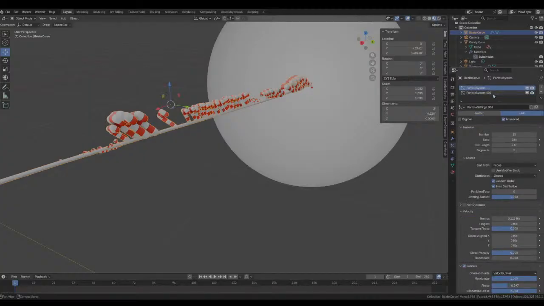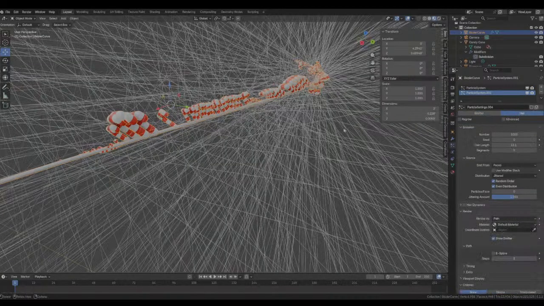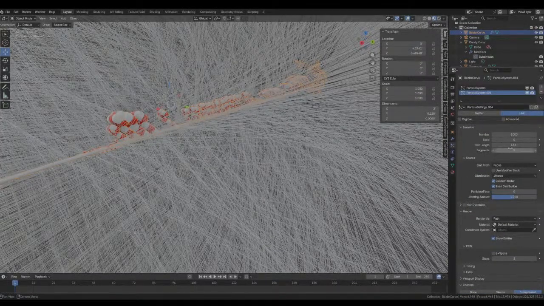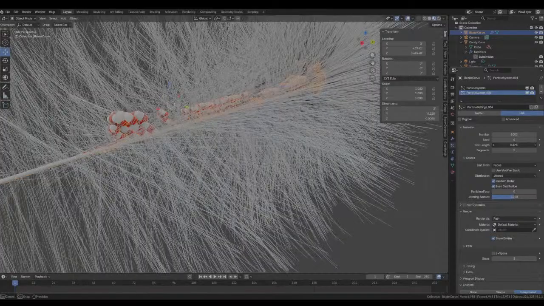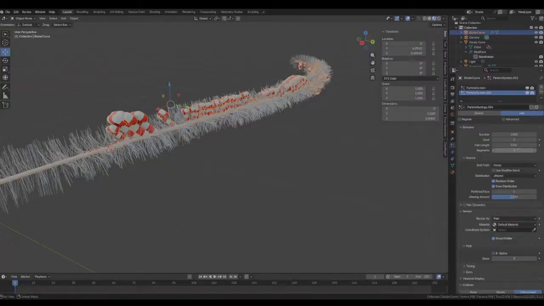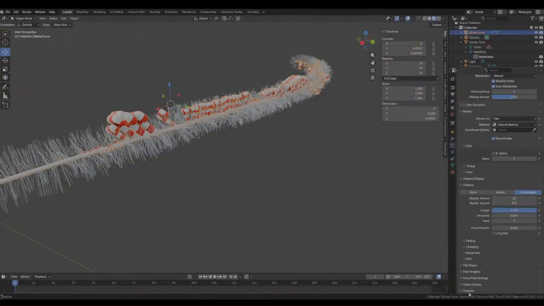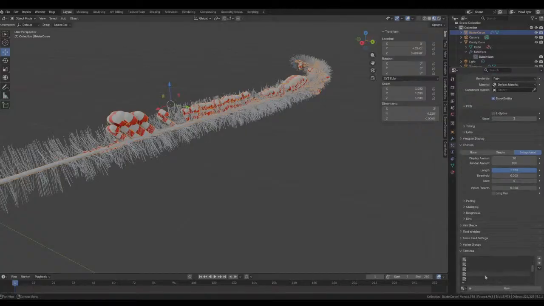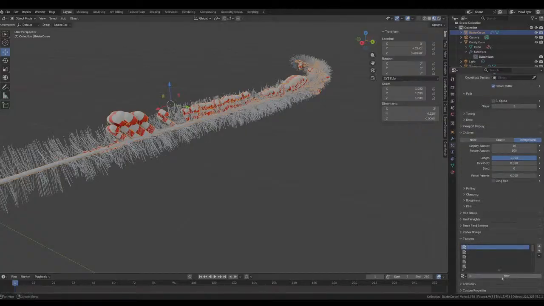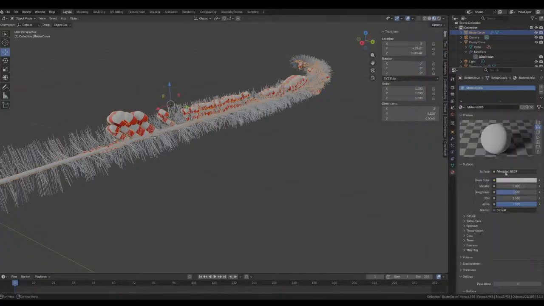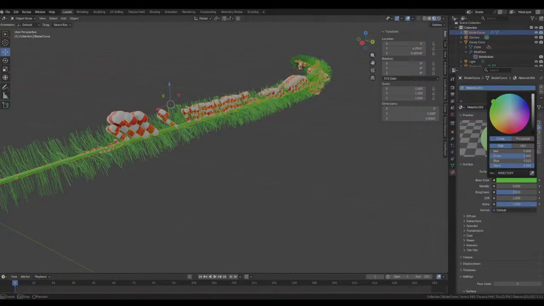Move this down. Oh, I guess I can't do that. But do hair. Do interpolated. Scale it down, where it's not huge. And I should be able to do textures and stuff. Oh, the material. Let's do green. Okay, just for an example.